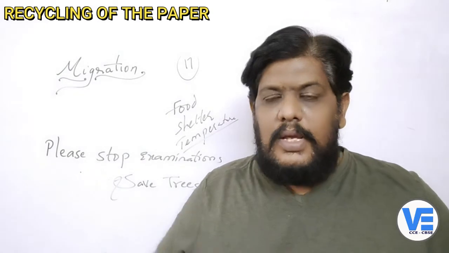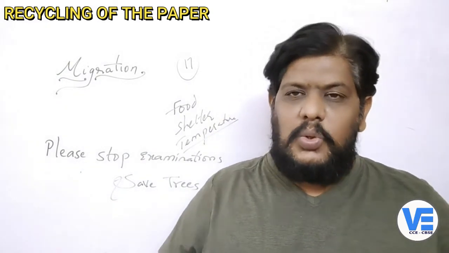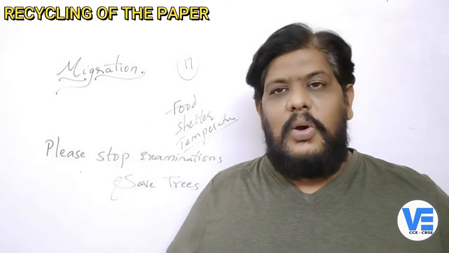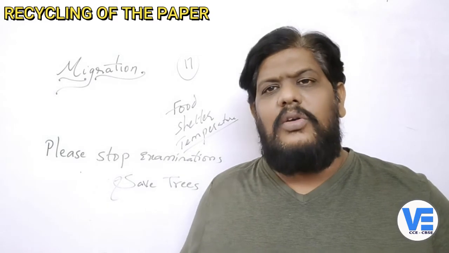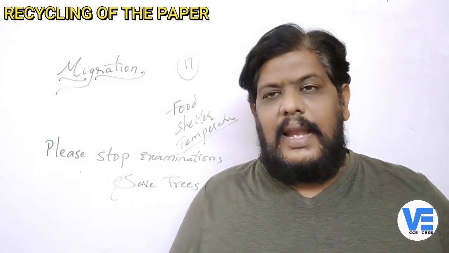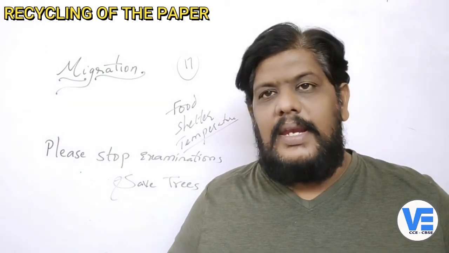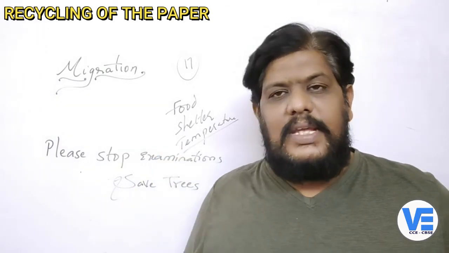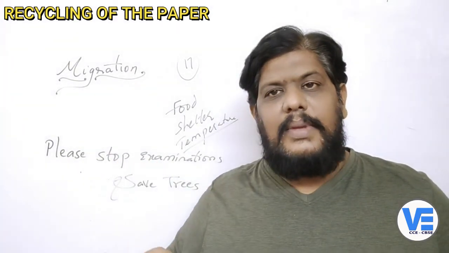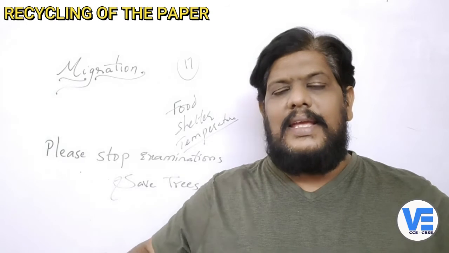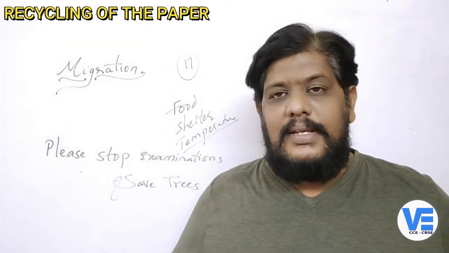And just assume these are the books which we use. We scribble something on them, we throw the paper, we make rockets with it, we throw it in the dustbin, we waste the papers, we clean the benches with it, whatnot. You do several things in your class with these papers. Now all these papers are made out of trees, and it's not that easy. You have to cut down very big trees to get these papers.